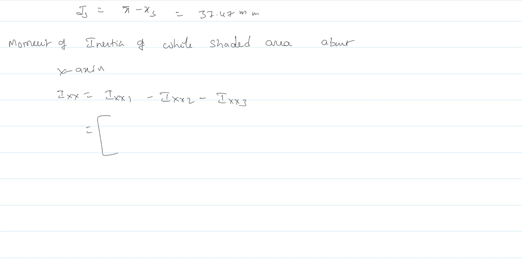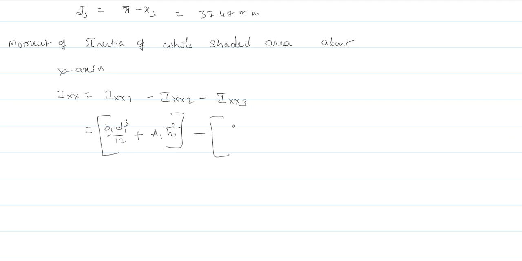So formula for Ixx1 is, already we know that b1 d1 cube by 12. So just substitute b1 d1 cube by 12. And we have two parallel axes, x bar, y bar and y1. So you can apply parallel axis theorem, that is Ig plus a1 h1 bar square. Ig is nothing but b1 d1 cube by 12